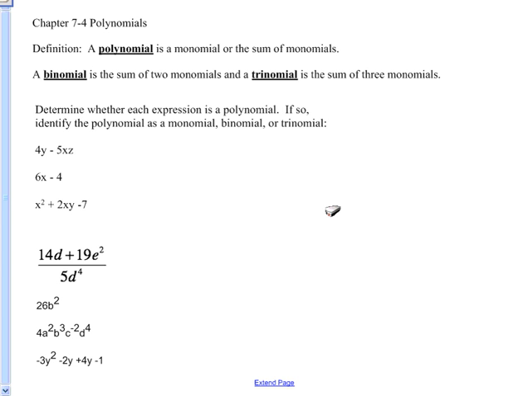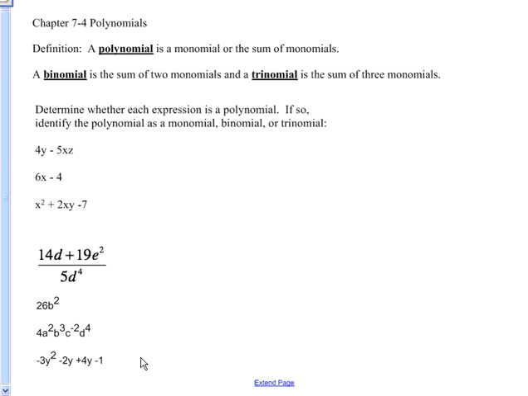26b squared, that's a monomial. 4a squared b cubed c to the minus 2 d to the fourth, it's nothing. You have c to the minus 2, a negative exponent. Now the next one's a little bit tricky. For the next problem,